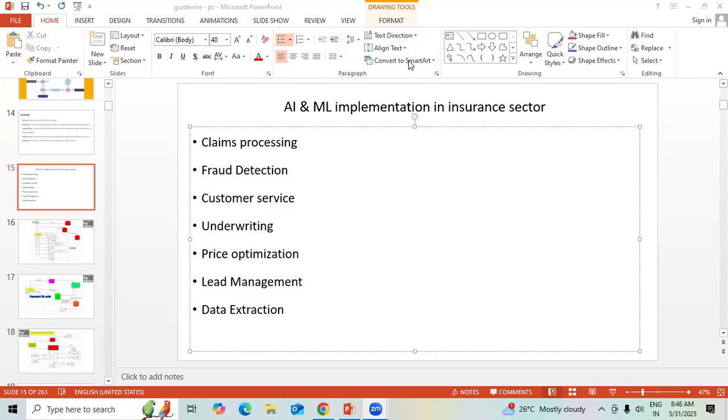Because when we follow the traditional price optimization approach, we use generalized linear models on historical claims as well as premiums and so on. Generally, these GLMs, generalized linear models, are the main pricing technique. But this is a conventional approach. So to manage this,